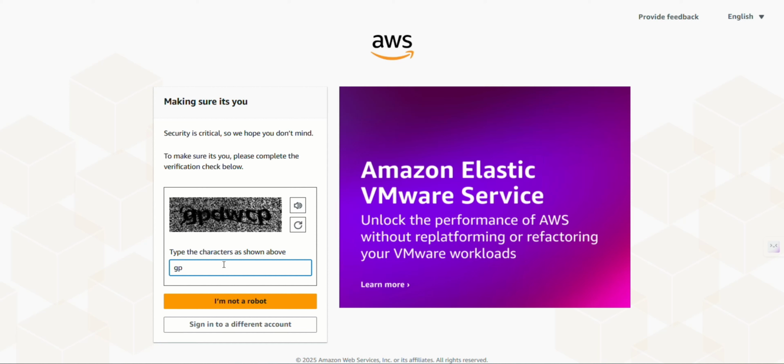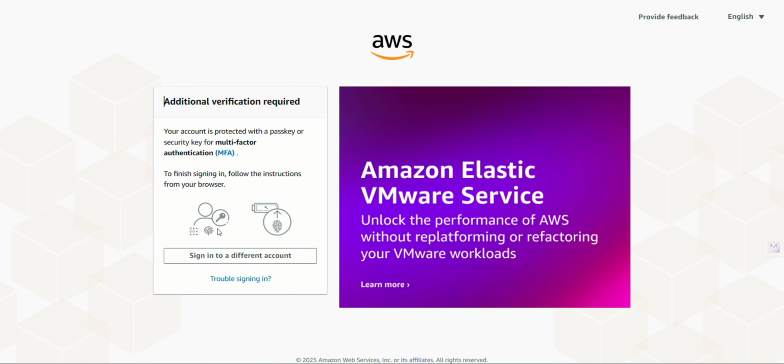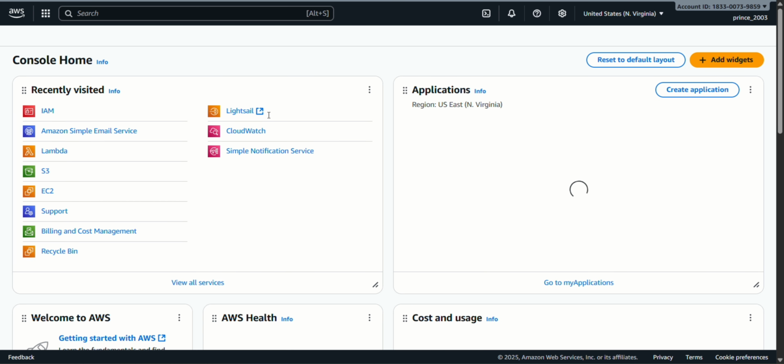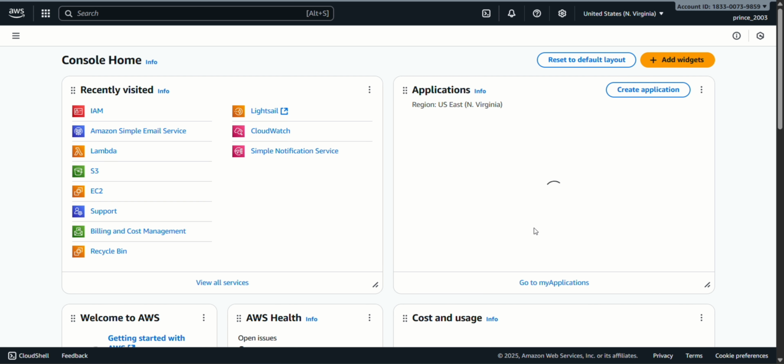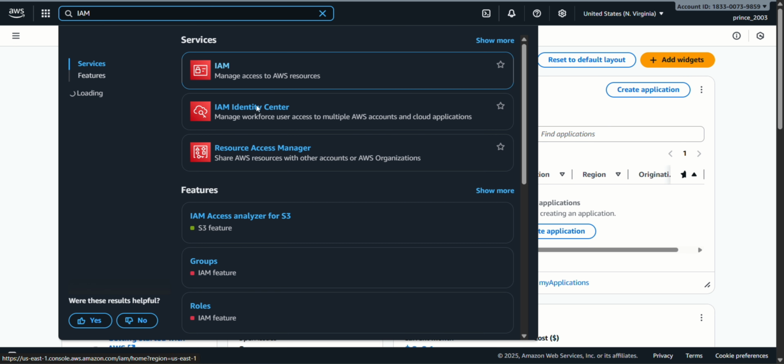So guys, first of all we will go to AWS console, select root user, then paste your email ID, then enter text and then enter your password. Now AWS page will open. Now search IAM,